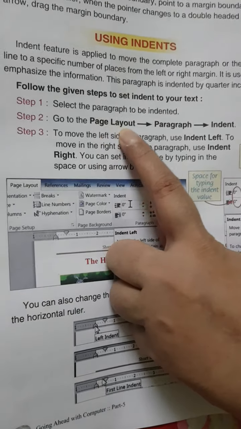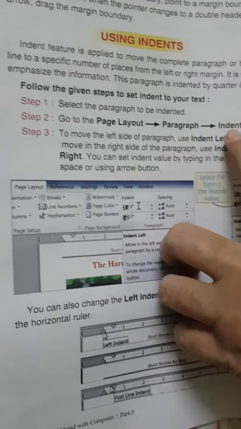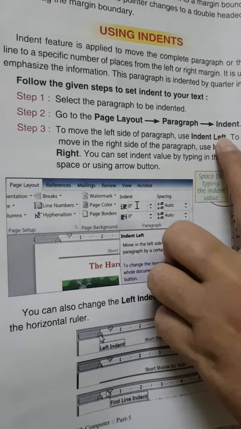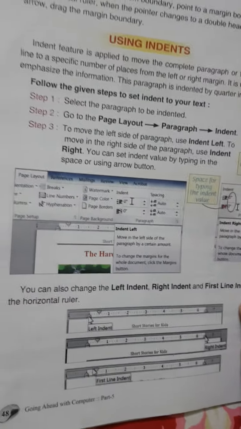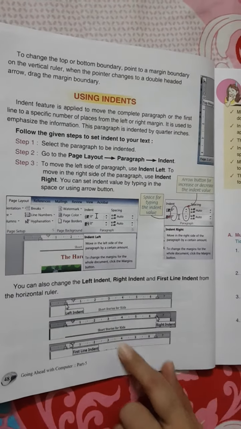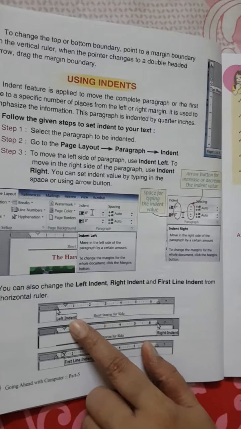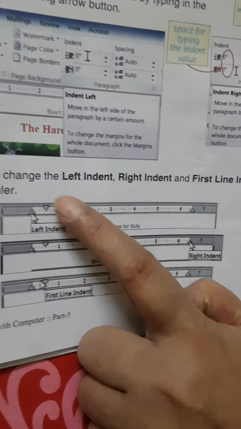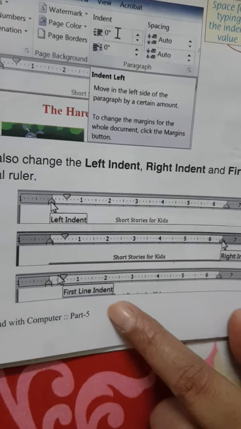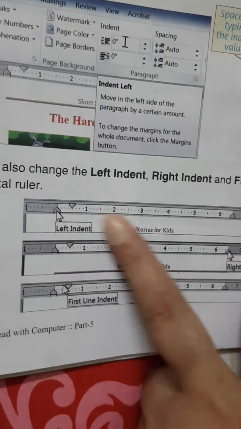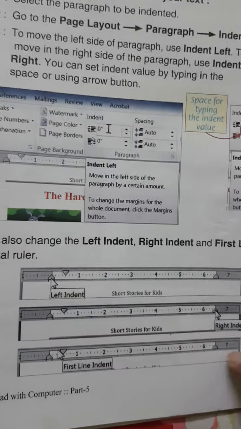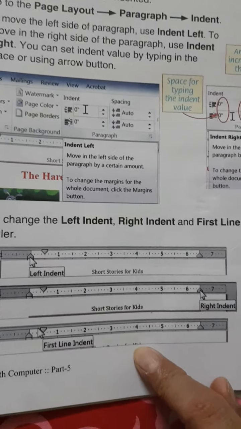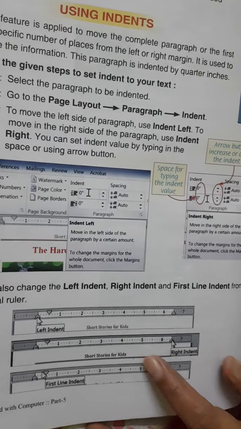This can also be done by using page layout, paragraph, and then indent, and we can select left indent, right indent, first line indent, accordingly whatever is required, and we can see their positions here on the ruler. You can see this is left indent, this is first line indent, right indent. Like this, we can see the indents on the ruler, which shows that from this place our paragraph will appear on the document. We have finished with the chapter.